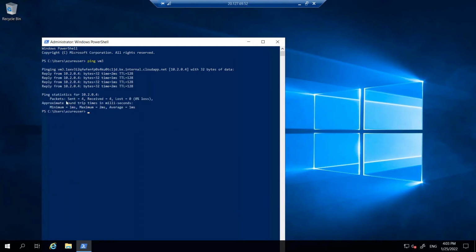So you can see that this time, after disabling the firewall, because both of these virtual machines are in a single virtual network, I was able to ping both of those machines. Windows Defender does not allow you to do that otherwise. So that is why we have to disable all firewalls, the public as well as the private firewall, and these are ICMP packets that are sent. There is some security restriction. That is why we first have to disable the public as well as the private firewall, and then it will be able to communicate between different VMs.